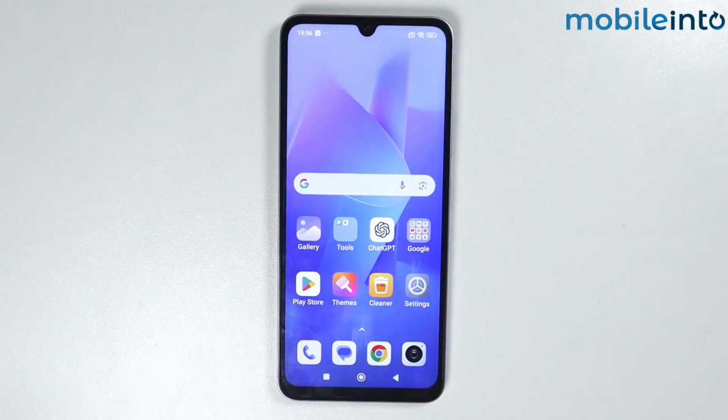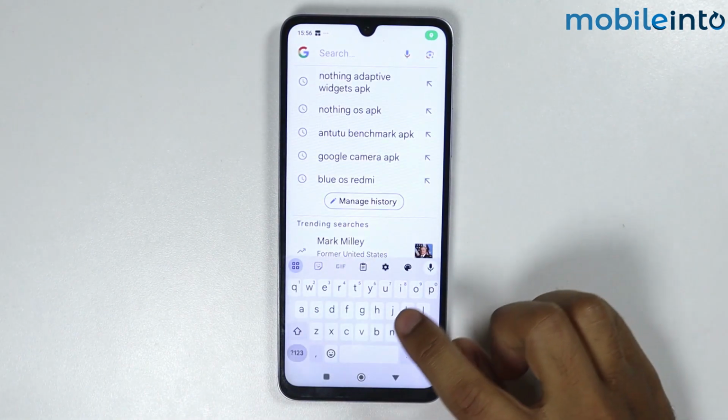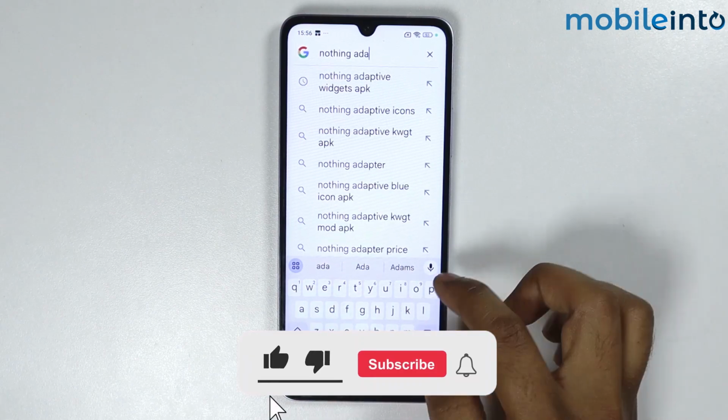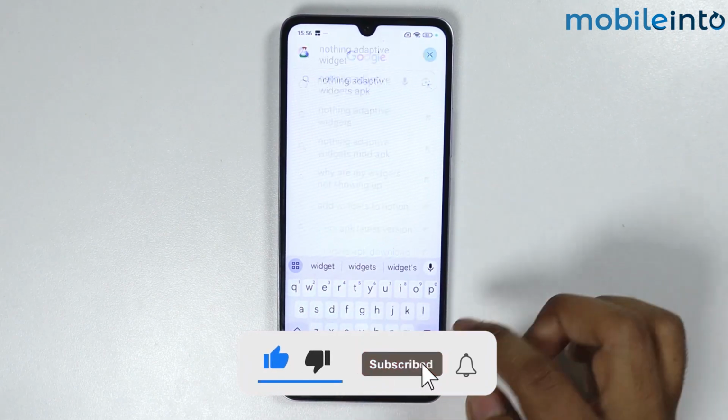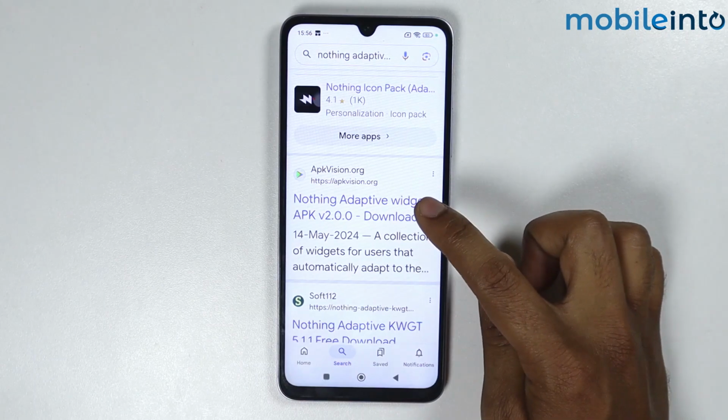In this video, I'm going to show you how to get Nothing widget on Xiaomi Redmi phones. Open Google, search here "Nothing adaptive widget". Simply scroll down, tap on APK Vision website,